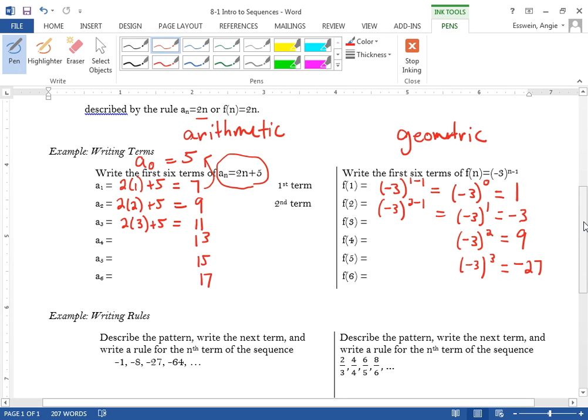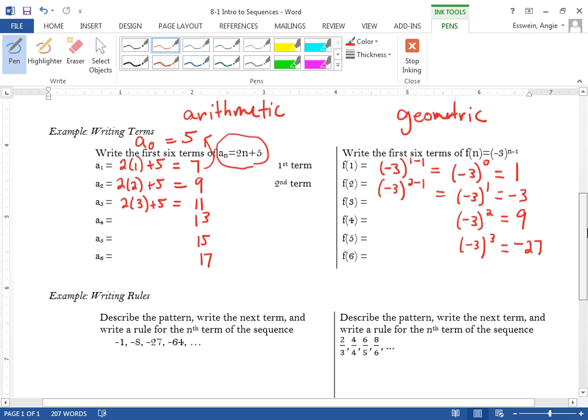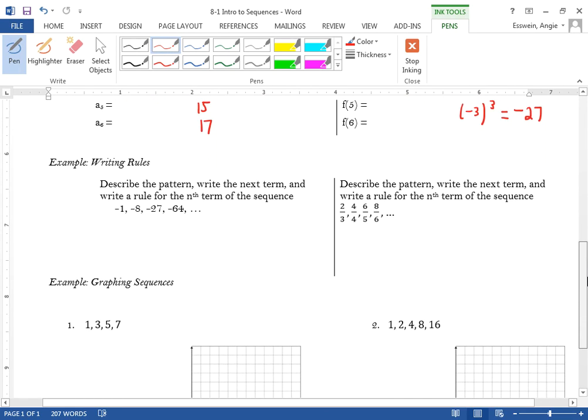Okay, and we're gonna save geometric for next time. But we have a couple more things to talk about. What about how do we find the pattern if it's neither arithmetic or geometric? So, for example, this